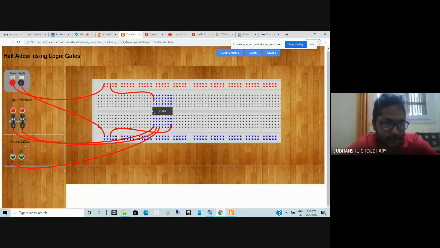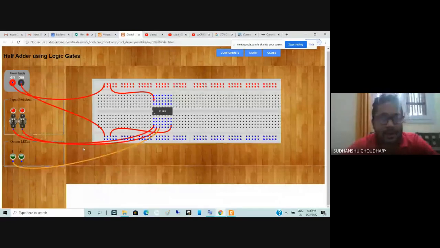So full adder, sum and carry, you will obviously definitely see these LEDs responding to the inputs. Though it is not responding here because this program is made for only half adder, I will have to connect the other IC also. So unless I connect the other IC, this circuit will not work. Yeah, because this is solely made for half adder application. Right?